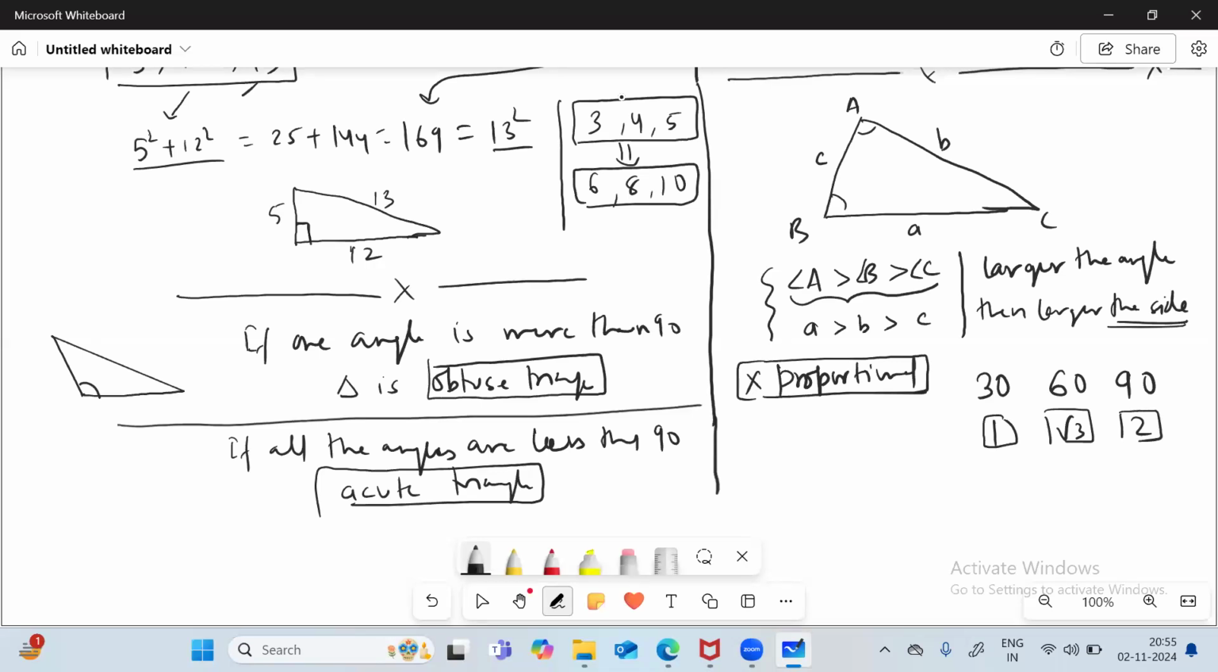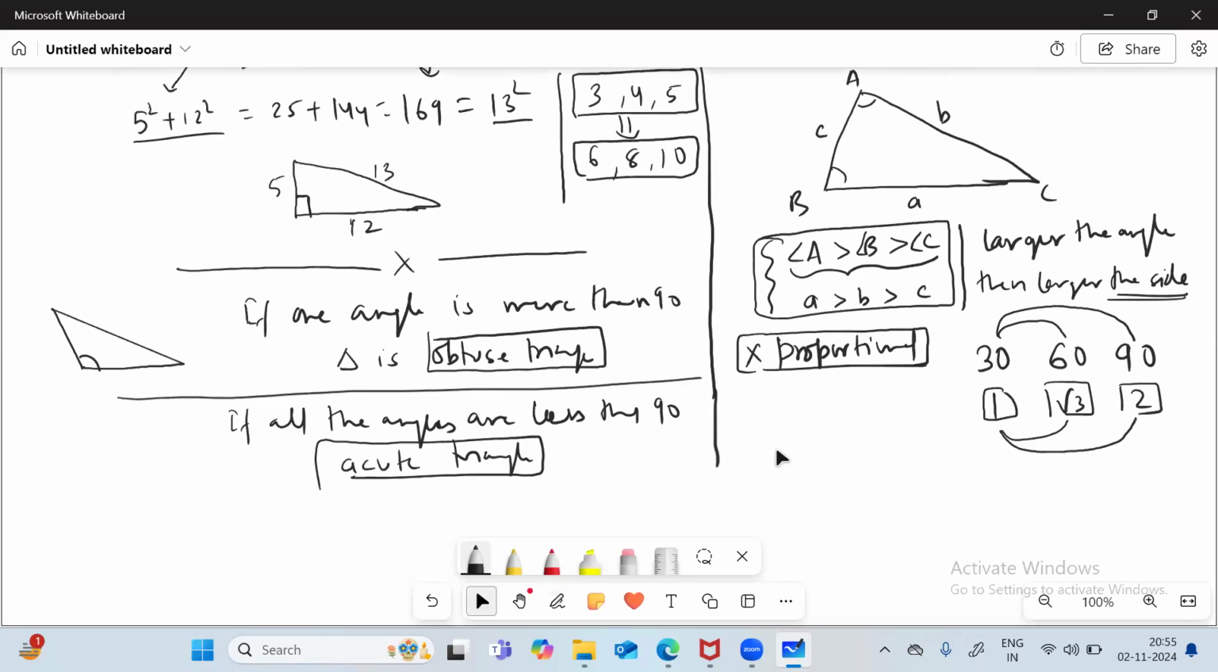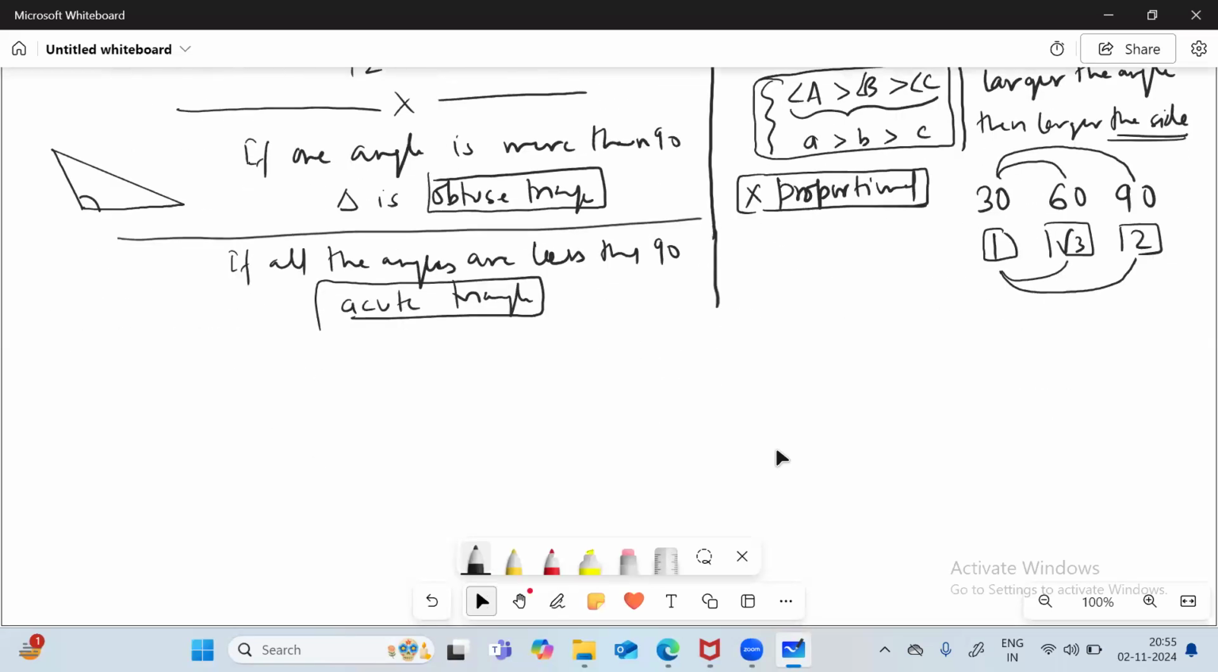What you can see here is that this angle gets doubled, but the side doesn't. Here, this angle gets tripled, but the side doesn't get tripled. But of course, the larger the angle, the larger the side. So this result holds true, but it is not proportional. Okay, so you will remember that it will never be proportional. So now